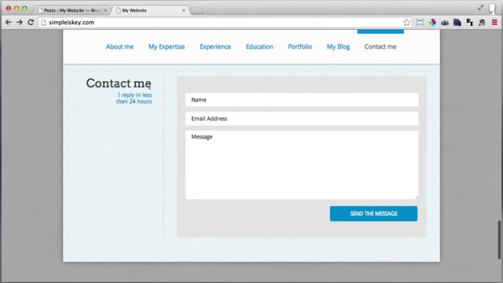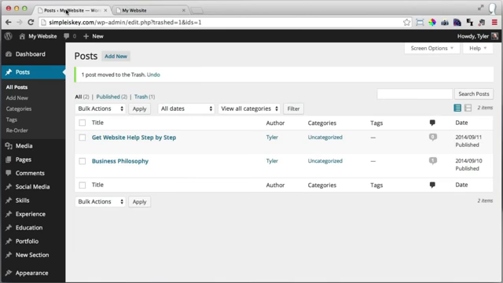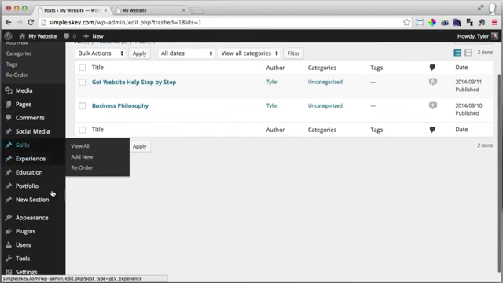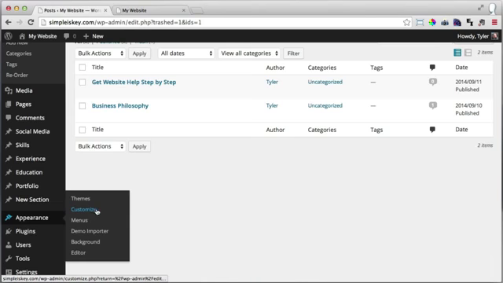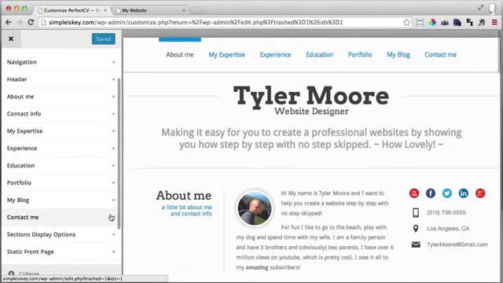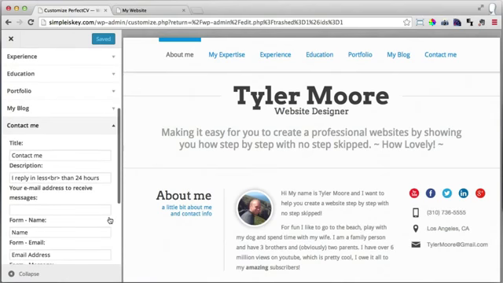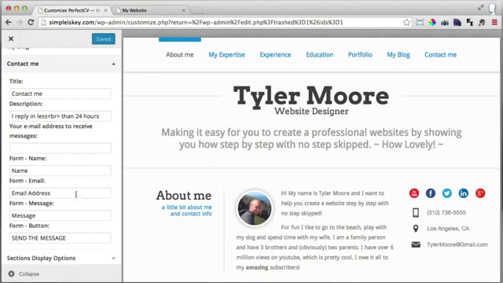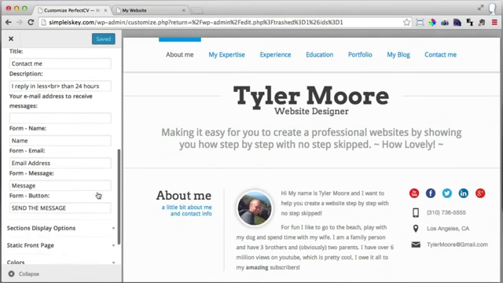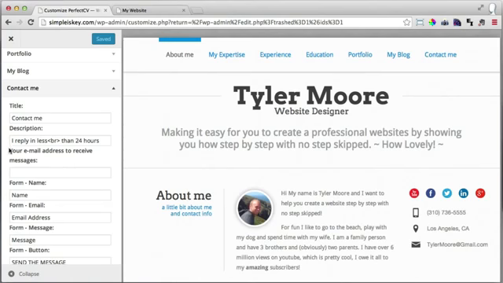The next thing that we're going to do is we're going to learn how to set up this contact me. So when people fill out this information and click send the message, it will actually send to our email. So to do that, we go to appearance and customize, and just click on the contact me, and it's asking us where you want it to go. So your email address to receive message. So I'm going to put in my email address,